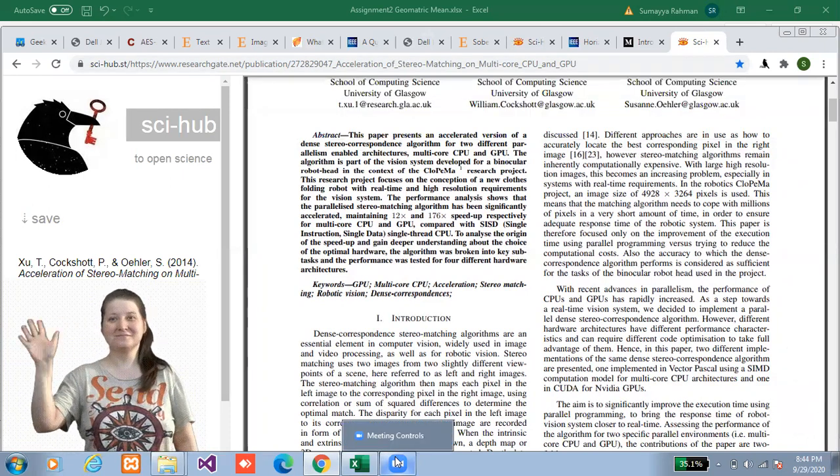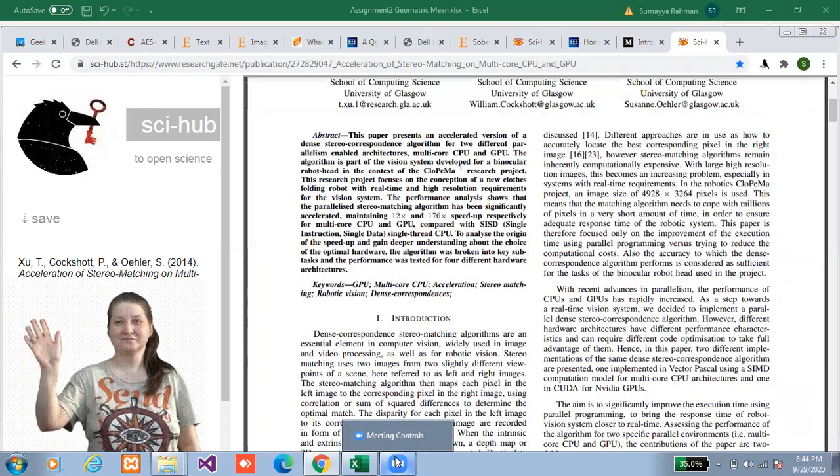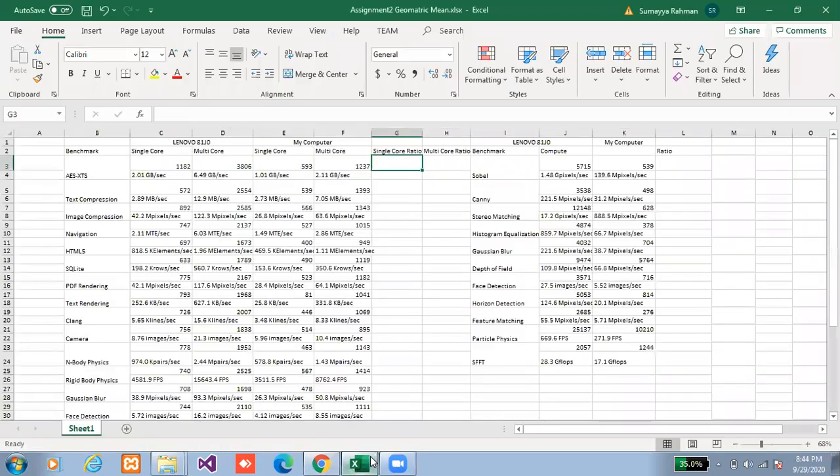Now let's calculate the ratio and geometric mean. These are the results of two benchmarks, CPU and compute, for the two computers. One is the reference one and the other one is our system. First calculate the ratio for single core.